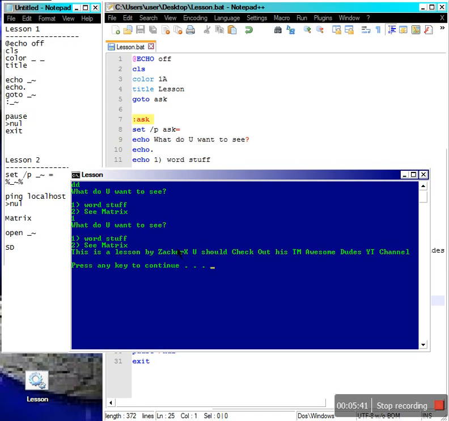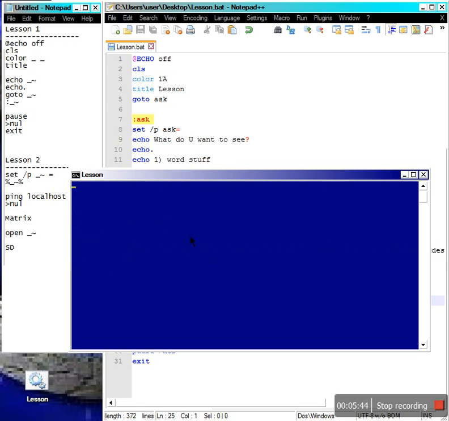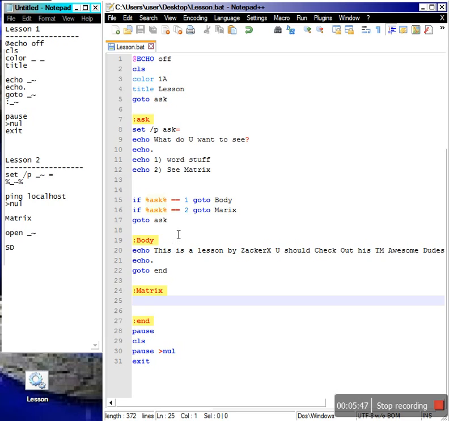Okay, so it said the word stuff that I wanted it to. Press any key to continue, just like we did down here. Now, so we know how to do this, so let's just enter an open real fast. So I'm going to teach you what open does. So first, we're going to do echo this, open, let's say we want to open another lesson, which will open this program,